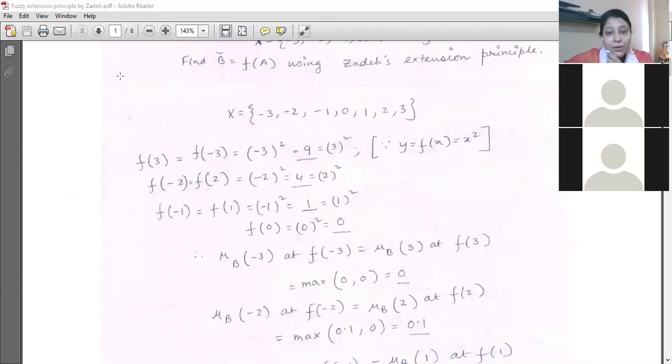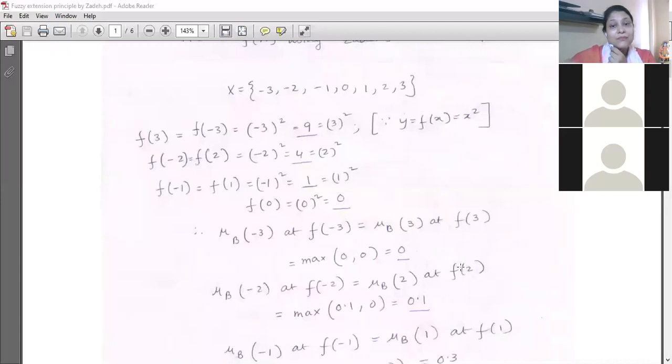So in this manner, in this process, Zadeh told us that whenever we are dealing with only one fuzzy set, that is given as A, and we are going to create another single fuzzy set, that is B, which is nothing but the function of only one fuzzy set A, then whenever we are having the similar kind of linguistic variable which gives you a similar new linguistic variable value, then the degree of membership for the new fuzzy set will be evaluated by taking max of those two membership values, which you can extract from your given fuzzy set A.